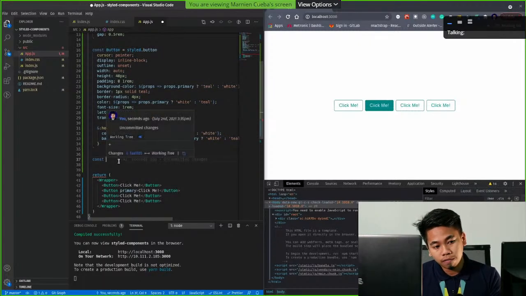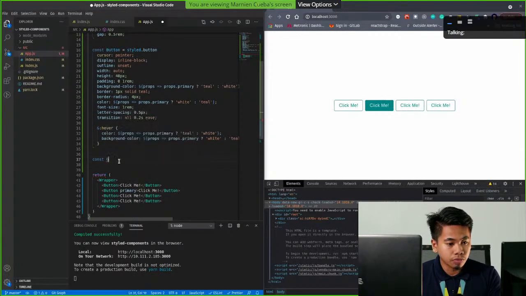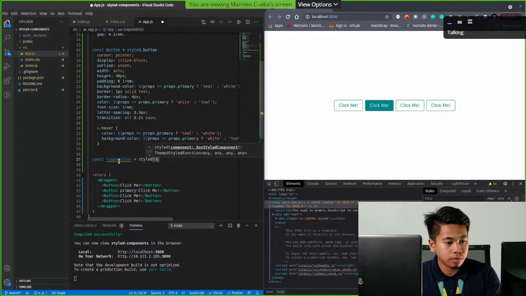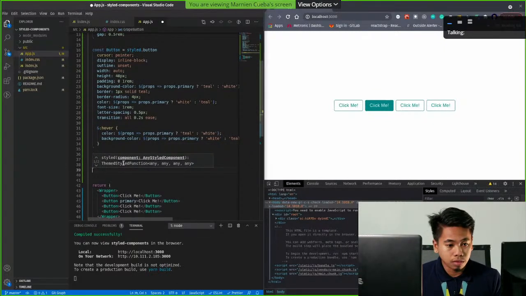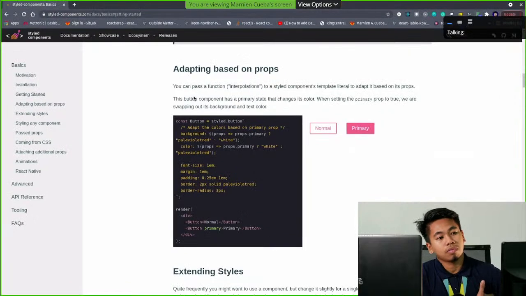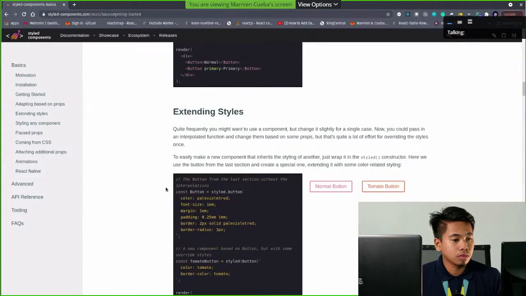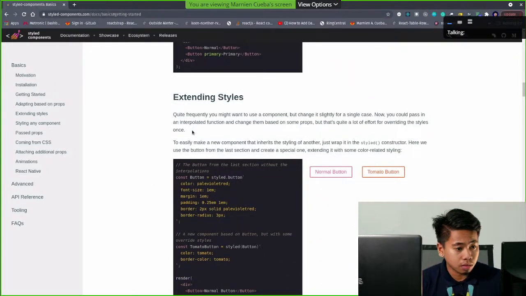So we have named this grape color, or grape button, and styled, let's call the button, or the current button, and then this is what happens when